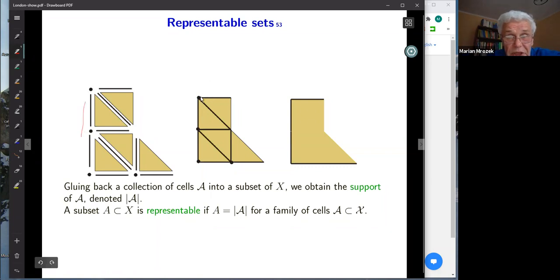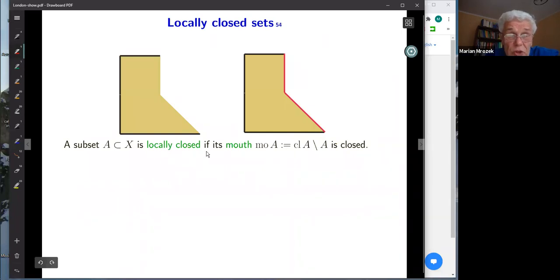So this is now the union here. And you can even forget about the structure, and you can use the topology in Rn of this union. And I say that a set is locally closed or convex when you use the other language, whenever the mouth, which is the closure of your union minus the union itself. So in this case, this is this red piece here. Whenever it's closed, you see here, it's like in the Wajewski theorem,